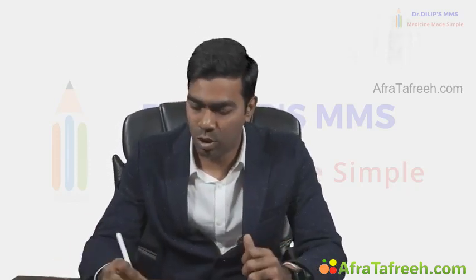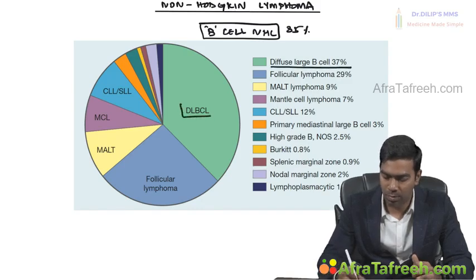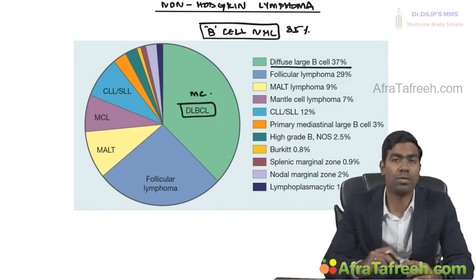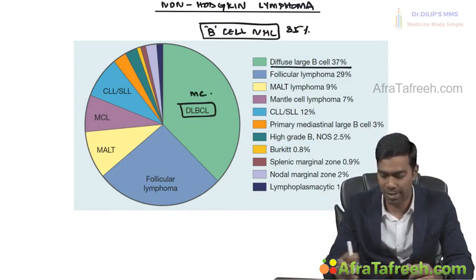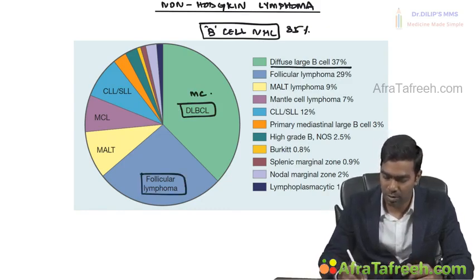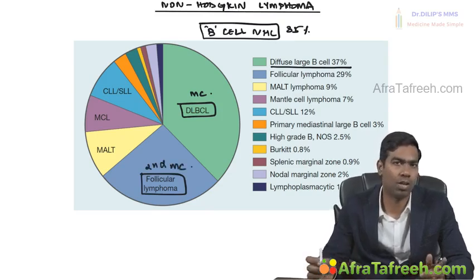I told you T-cell NHLs contribute only 15% of the NHLs, whereas B-cell NHLs contribute approximately 85% of the non-Hodgkin lymphomas, isn't it? So let us see which is the most common. You can see diffuse large B-cell lymphoma forms the major chunk, and of course forms the most common type of NHL, and the B-cell NHL as well. And follicular lymphoma forms the second major chunk